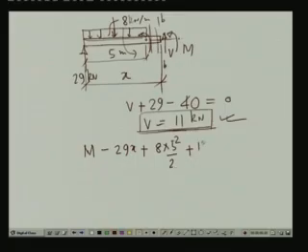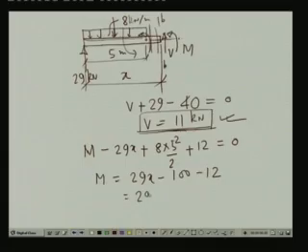So, this is 12, this is equal to 0. Now, from this we have M is equal to 29x minus 100 minus 12. So, this gives us a value of